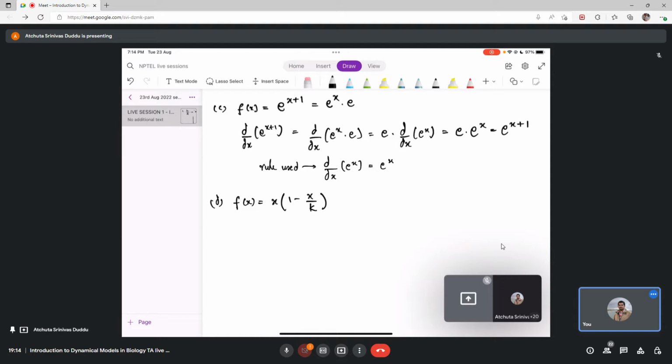Right, so how do we write this? You can write this as x minus x square by k, just taking the x inside the brackets. Now we take the differential of this, d by dx of f of x. Here it would be d by dx of x minus d by dx of x square by k,